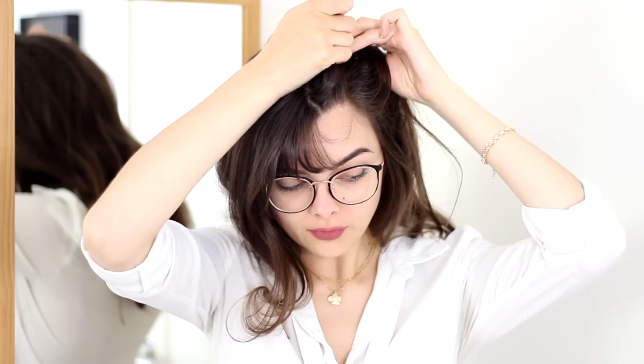For the next hairstyle, I'm going to pull my hair into a side parting, and while I'm doing that, I'm going to make sure to stay before where my poof starts so that I don't break that up, from right around the corner of my eyebrow. When I have my hair pulled to the side, I'm going to pull the rest of my hair, so everything that's in the back, to the opposite side of where I have my parting, so the side that has more hair. I'm going to gather the hair right here at the nape of my neck,